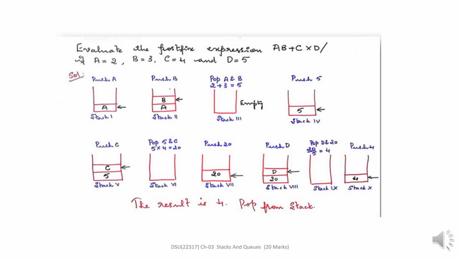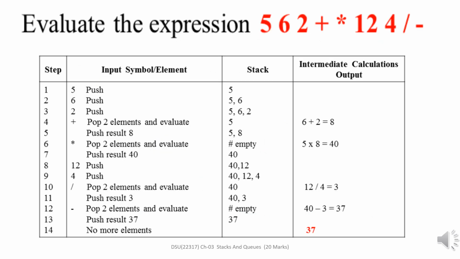So this is the first way to evaluate expression by using the separate stacks. By using this stack, but in a tabular form, we can solve this expression. So we can see the next example using table. See here, this is an expression: 5, 6, 2 plus into 1, 2, 4 divide and minus. In the table form we have to write first input symbol or element, then stack, then intermediate, and then calculation,